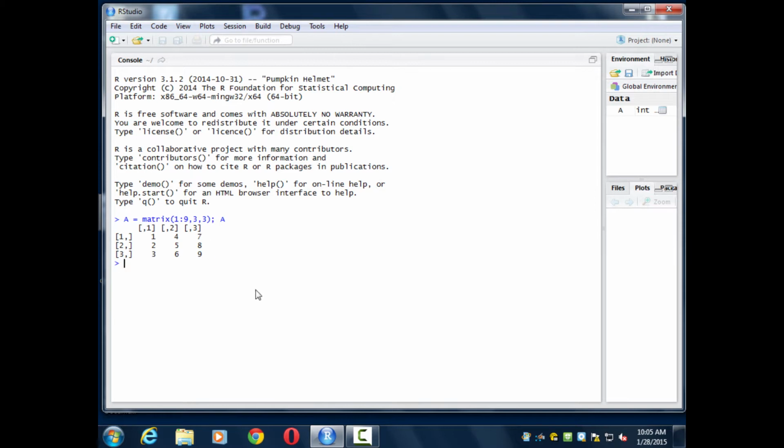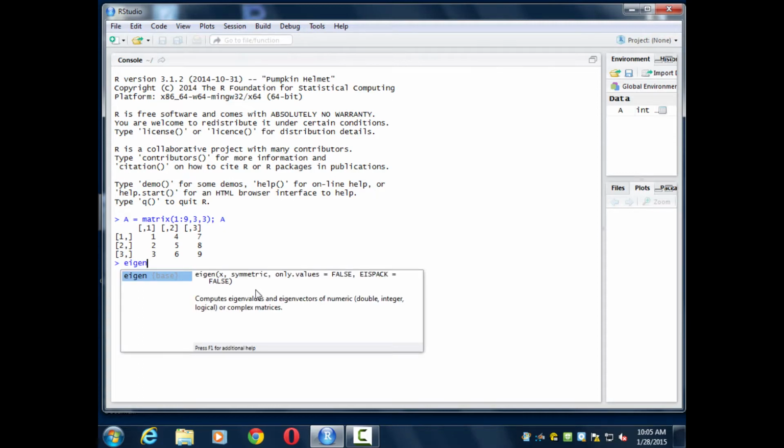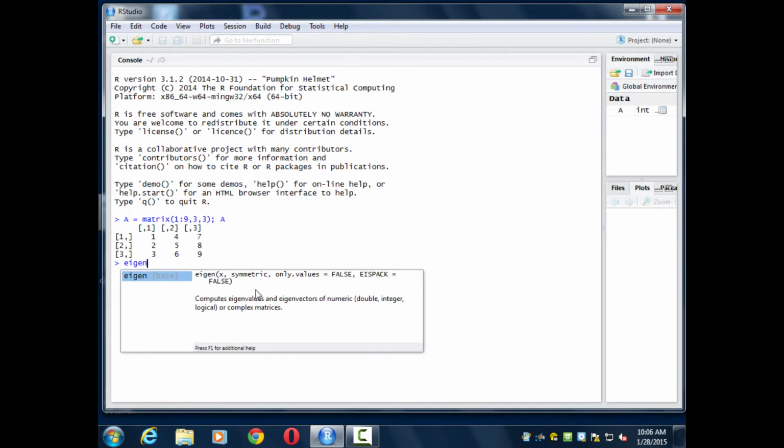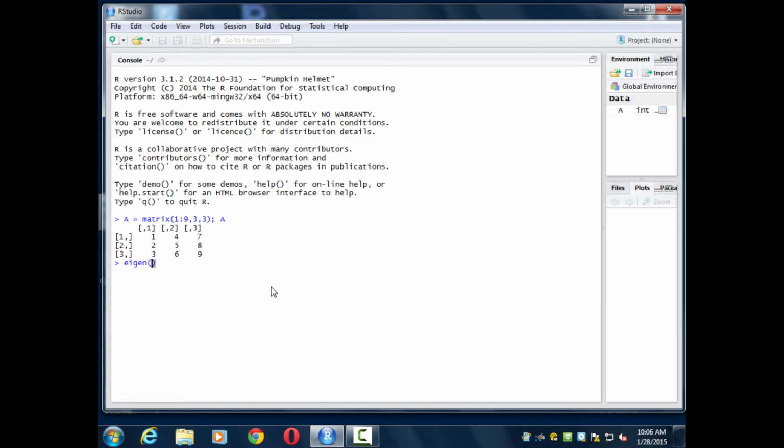That is our matrix. And now we're going to compute eigenvalues and eigenvectors using the built-in function eigen. All I did here was to type the name of the function, or some of the characters of this built-in function, and then use the tab keystroke, and R automatically gives me the name of that built-in function with a list of the input arguments. Okay, so we need to specify the matrix, and also I'm going to call this output,